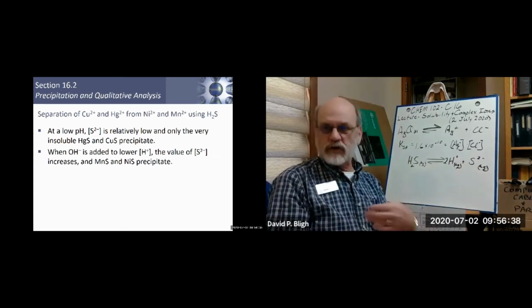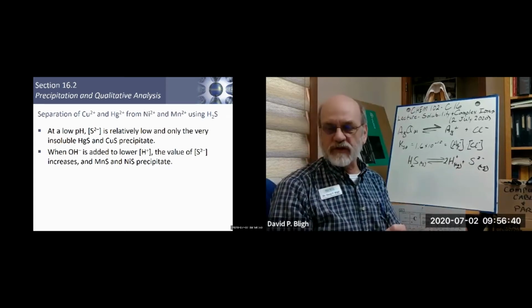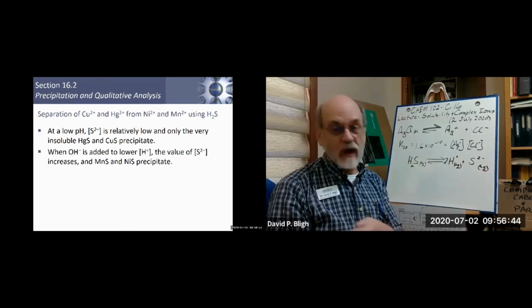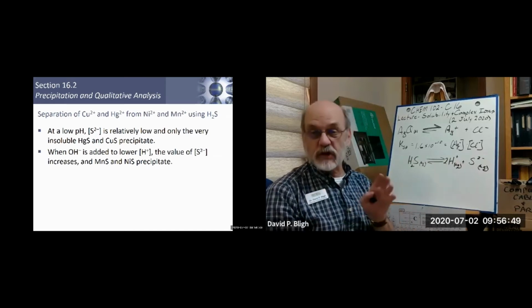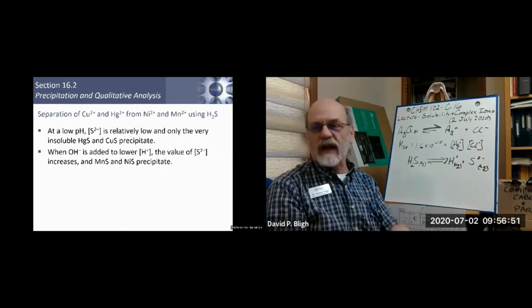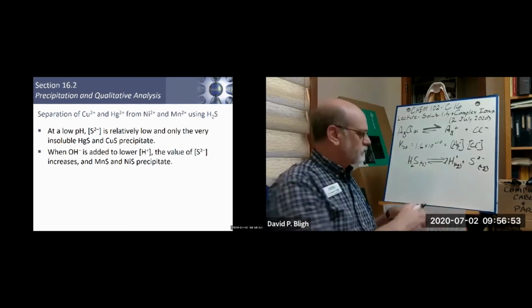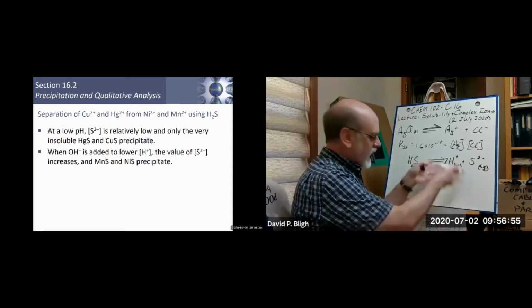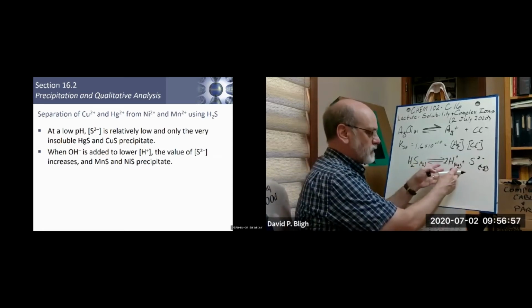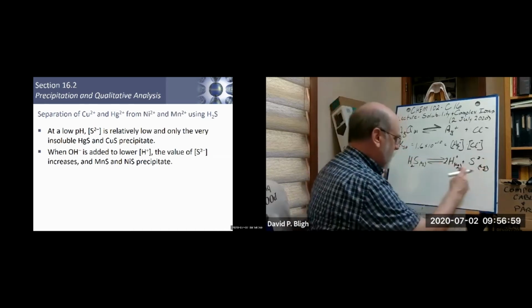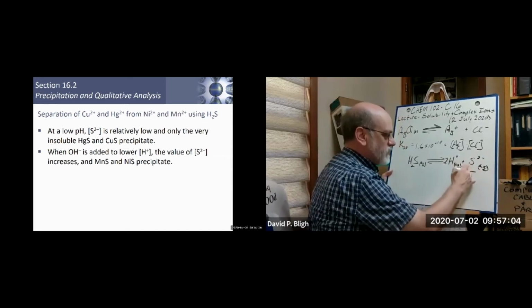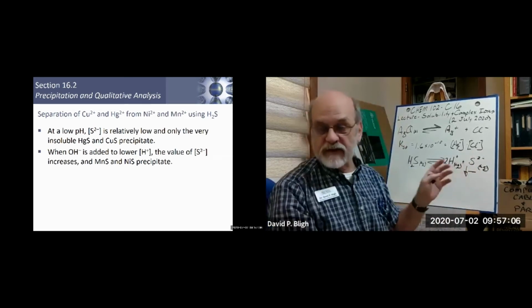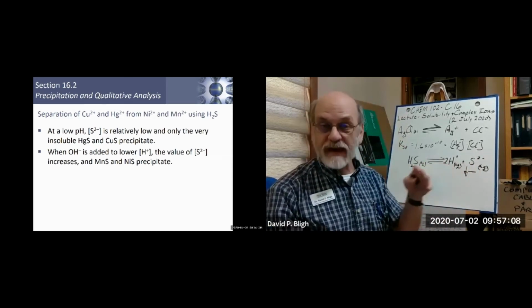And of course, you choose an acid in which the counter anion does not react with any of your metals. And nitric acid is a very good one to choose because all nitrates are soluble. So if we add nitric acid here, what does that do? Well, that drives the reaction back this way and decreases the concentration here of the sulfide. And the sulfide is the anion we want to react with the metals